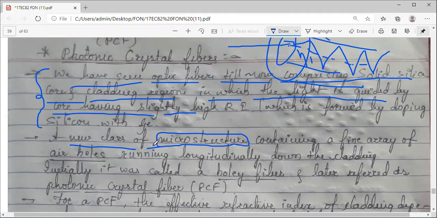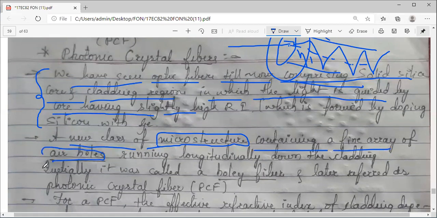You can go through them to see the three-dimensional view. What we discuss here, I will try to explain, but the immediate front view, the mouth opening, is shown. So a new class of microstructure containing a fine array of air holes.